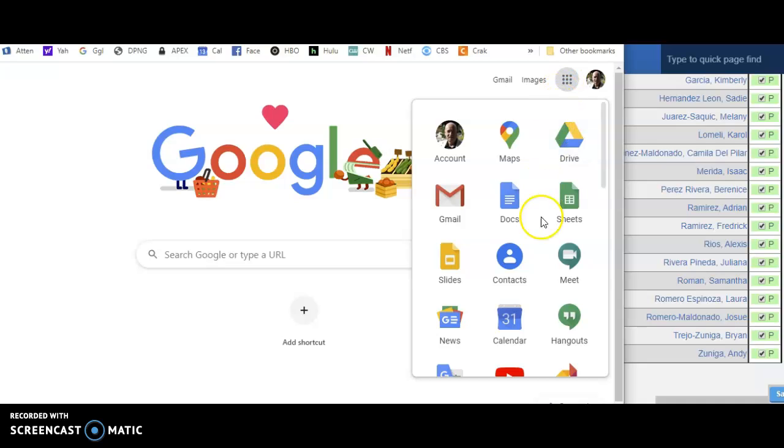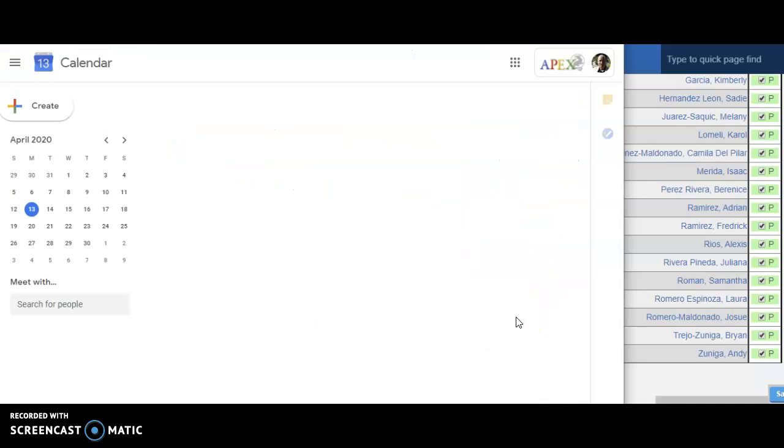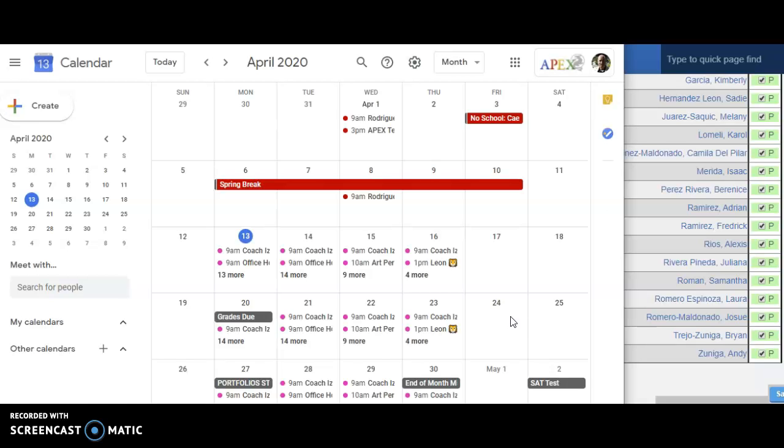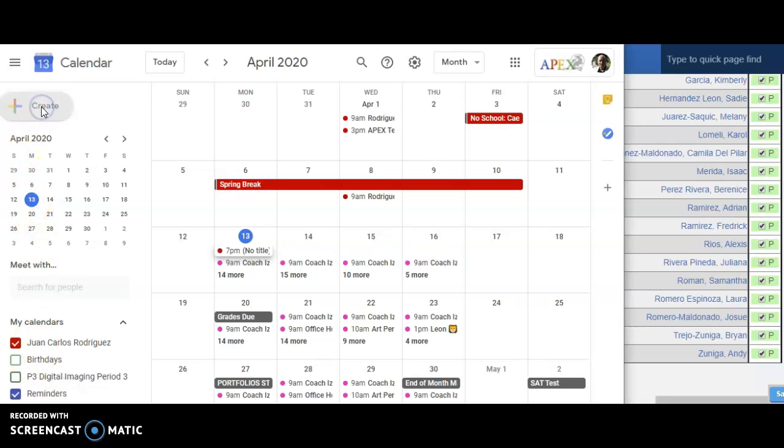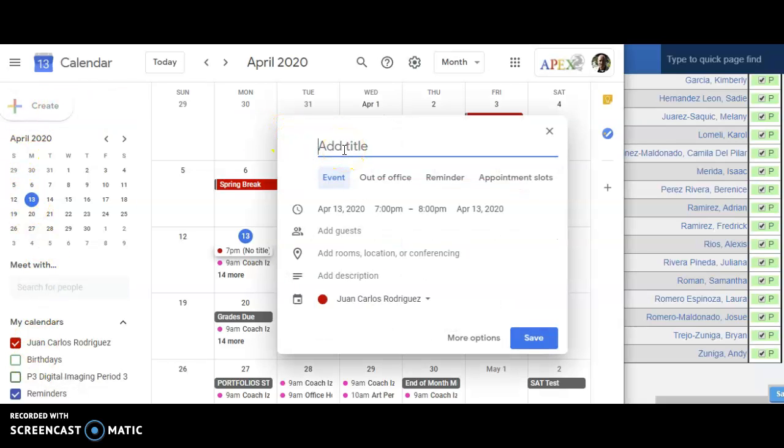So let's say you want to go to the calendar and add a classroom. Okay, so I want to add a period. That I think is digital imaging, period seven, and that's going to be on a Wednesday,